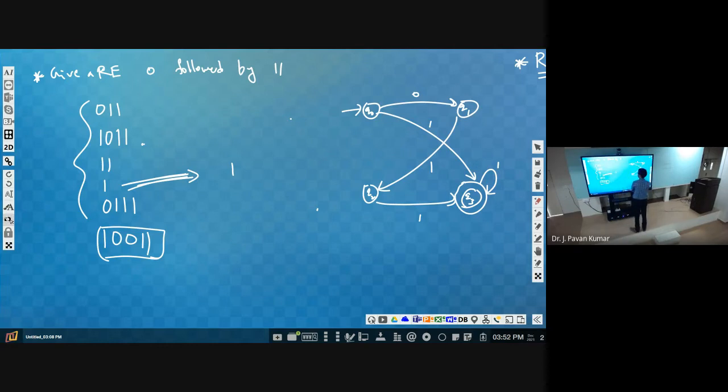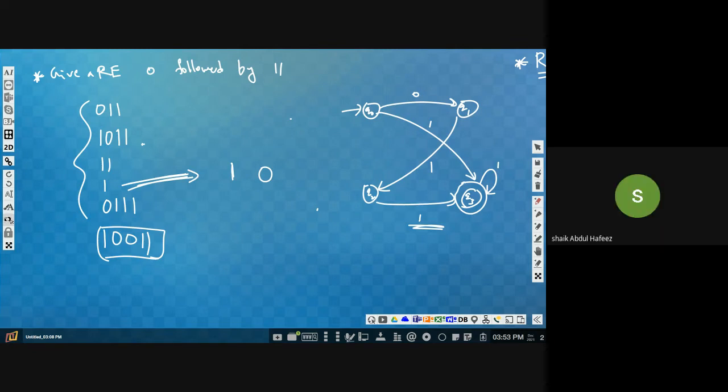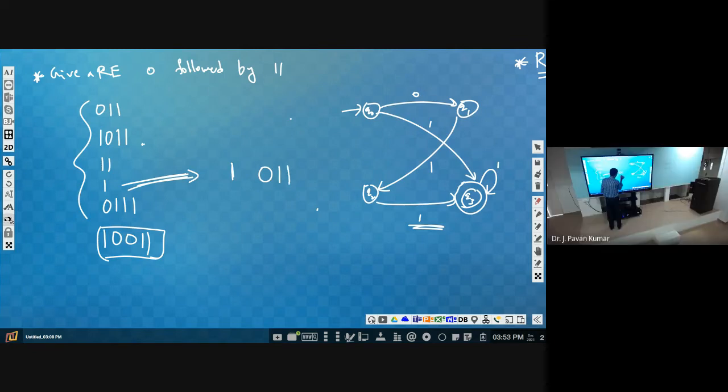What can be done? Simply, instead of working on this one, try to work on a regular expression. Directly we could give a formula. Actually, 1 means we can take any number of ones. Whenever we take 0, we need to take 1 1. So 0 should be followed by 1 1. So there is no separate 0. 0 means 0 1 1 only. Yes or no?